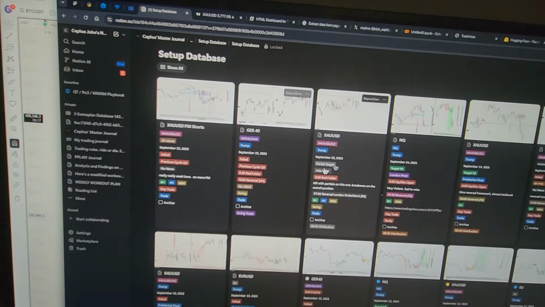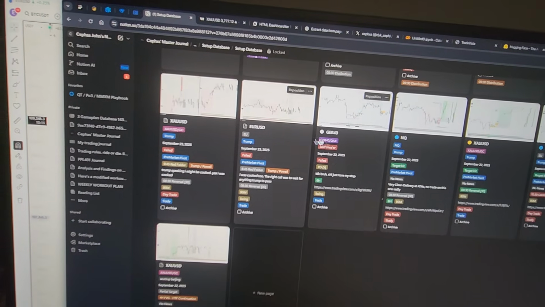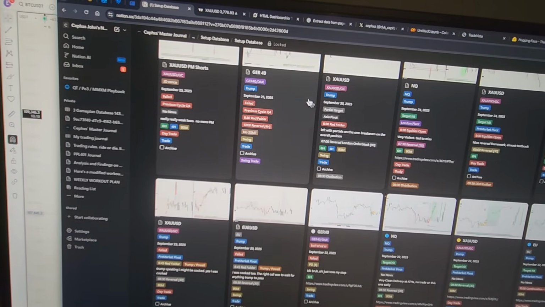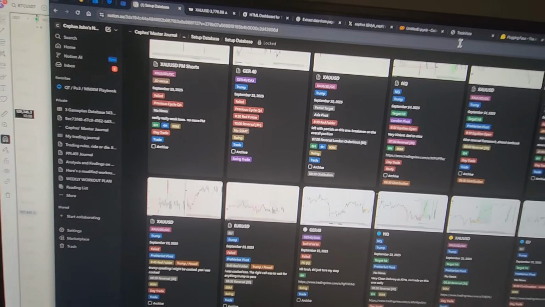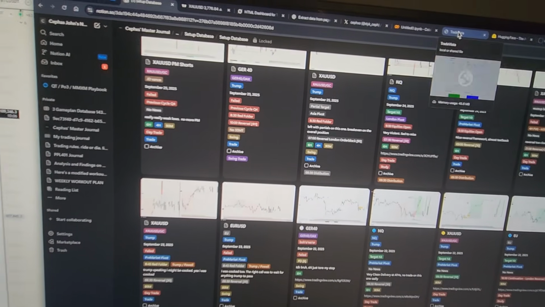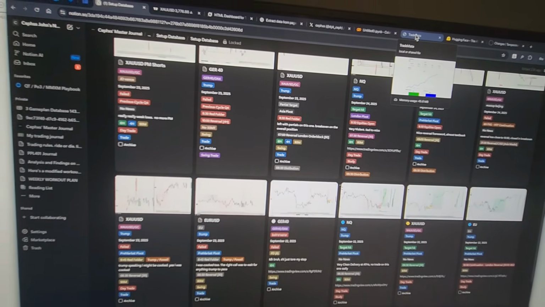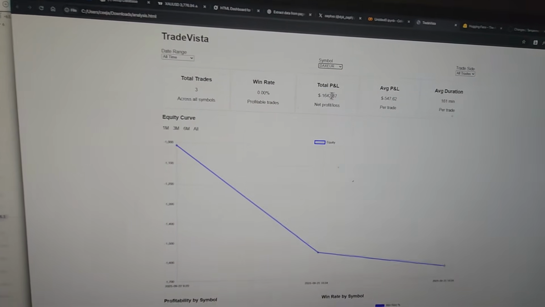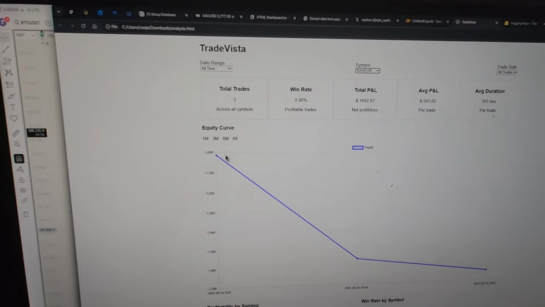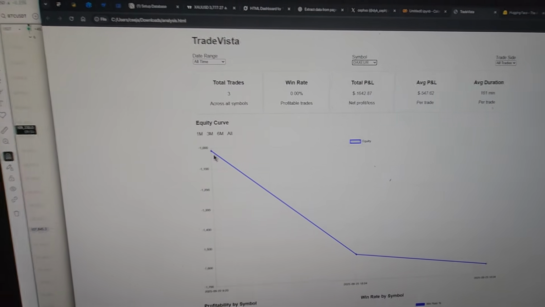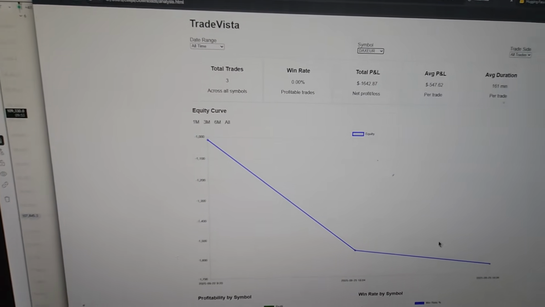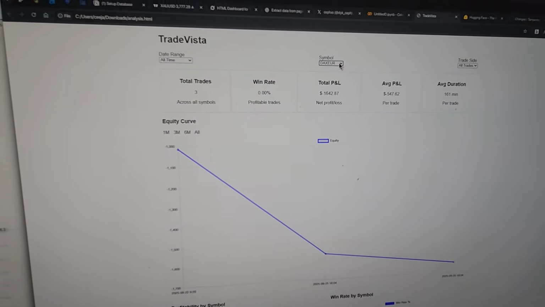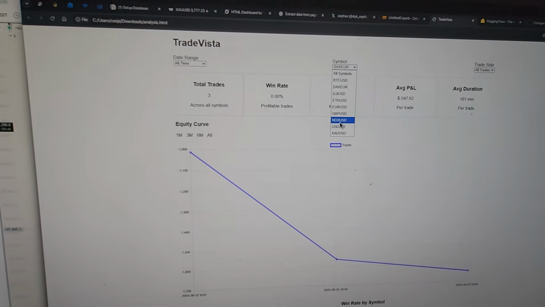And every single trade since I started this, there's another database where I was putting most of them before, but I made this one with some extra variables that I can track myself to see where the mistakes are coming from, so I can cut the mistakes at the root. Because if you look at this asset, this is the DAX. I've taken 2 trades on this DAX. I just recently started trading it, and it's not been profitable, and I'm still monitoring what is causing these losses. And if I can fix it, cool. If I can't fix it, I'm going to throw the asset in the trash. I'm not going to trade it anymore.